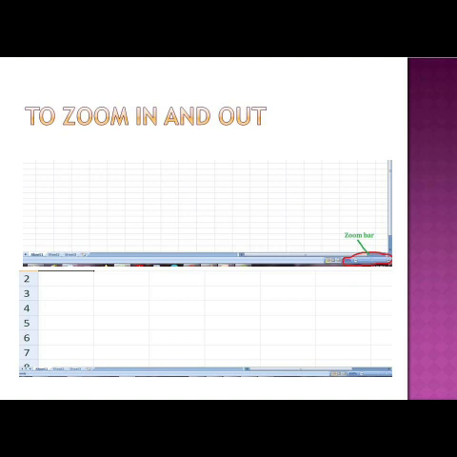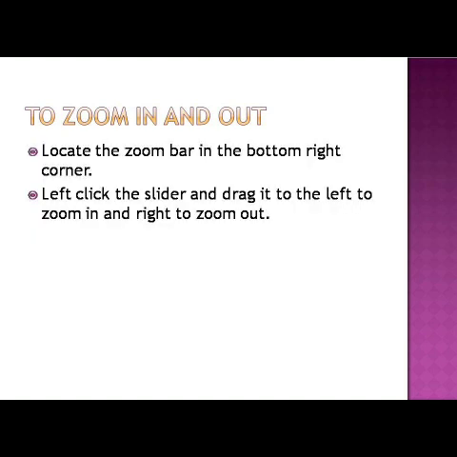That is, it will compress. Cells will look smaller. When you move it to the right, when you take it outside, it will become bigger boxes. Can you see the second picture? It will be enlarged like this, right? Compress and decompress. Can you see? So when you move the slider left, it will zoom in. When you move the slider right, it will zoom out. Clear? So this is how zoom in and zoom out work.